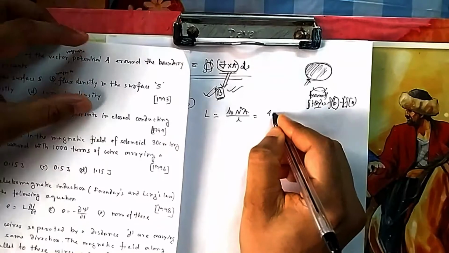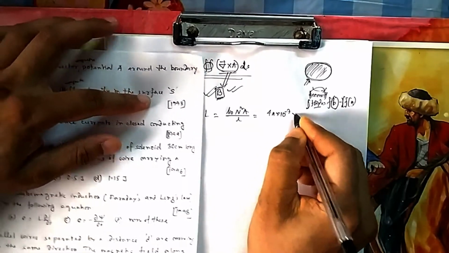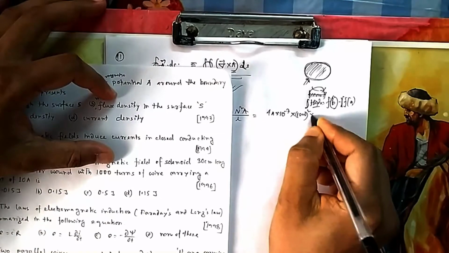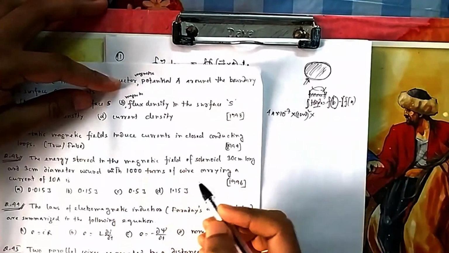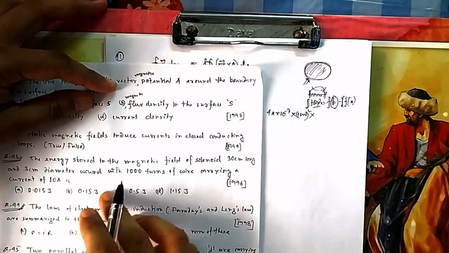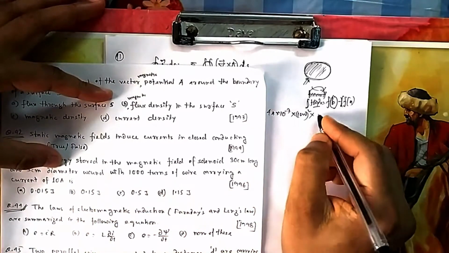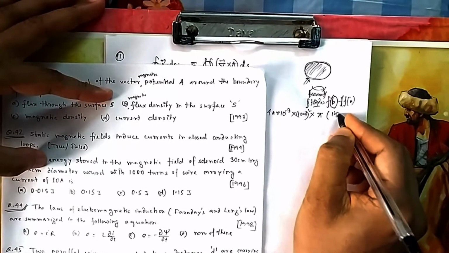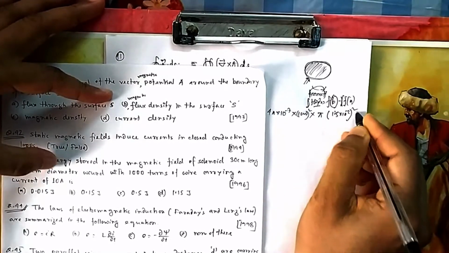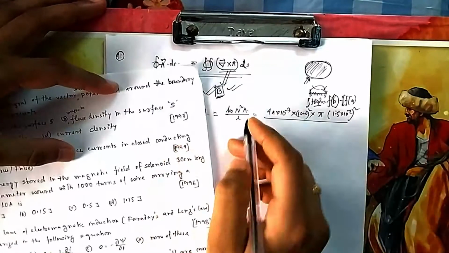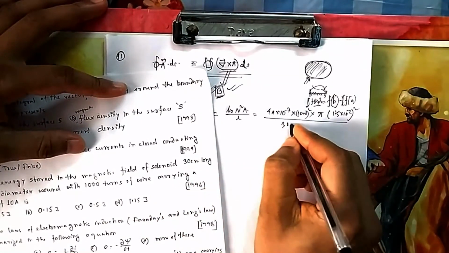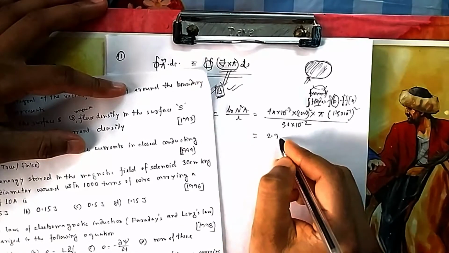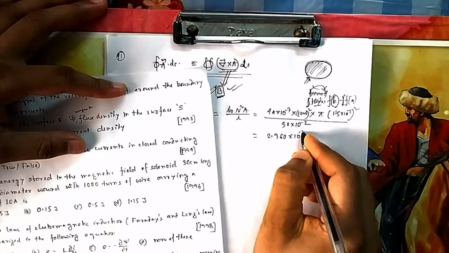What is mu 0? It is 4 pi into 10 to the power minus 7. N is the number of turns, that is given as 1000. So 1000 square into area, which is given because it is a solenoid. So the diameter is given, so it is pi r square. So it is pi into r, which is 3 divided by 2, that is 1.5 into 10 to the power minus 2. So pi r square, that is your area, divided by the length of this, which is 30 centimeter, 30 into 10 to the power minus 2. So if you do this, you will find it is 2.960 into 10 to the power minus 3 Henry.